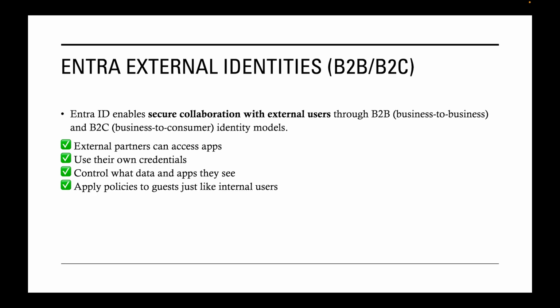So in the last couple of videos, we went through some PowerPoint slides. We talked about Microsoft Entra. We also talked about some of the identities and the different types of categories of identities, and also zero trust. This slide on the screen references one of the old videos where we were talking about Entra external identities. In this case, we're talking about B2B, business to business, and B2C, business to customer. So what I want to do is recap this really quickly, but we are going to go in front